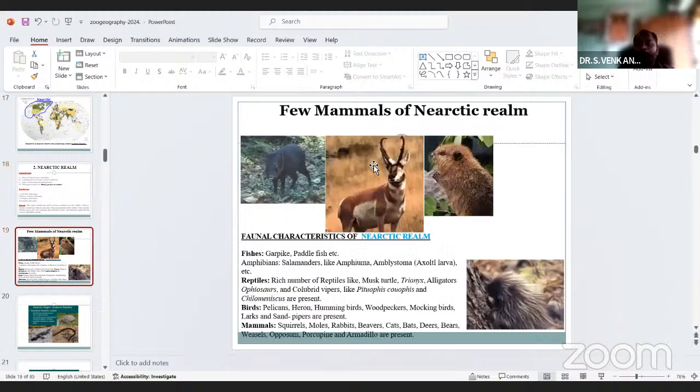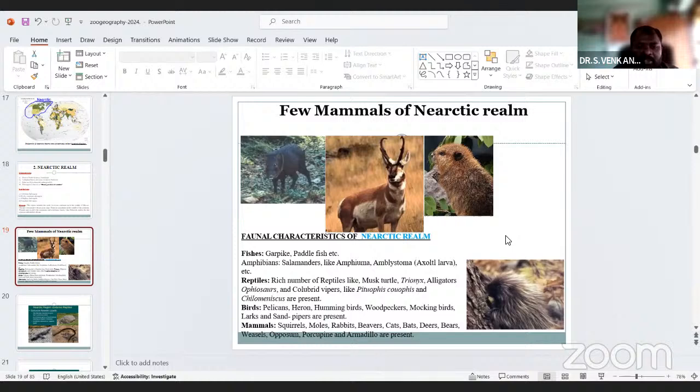So these are a few mammals of the Nearctic realm. One of the examples is the pig, squirrels, deer, bears. What are the faunal characteristics of the Nearctic realm? Fishes: garpike and pandil fish.